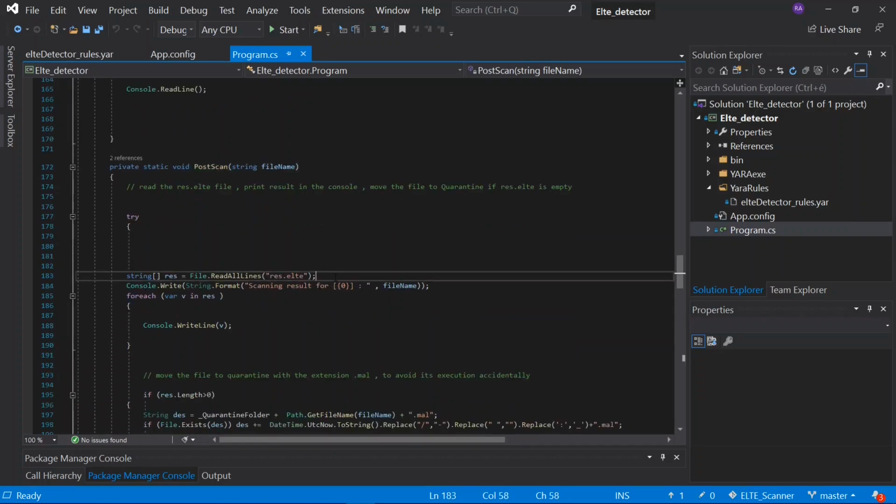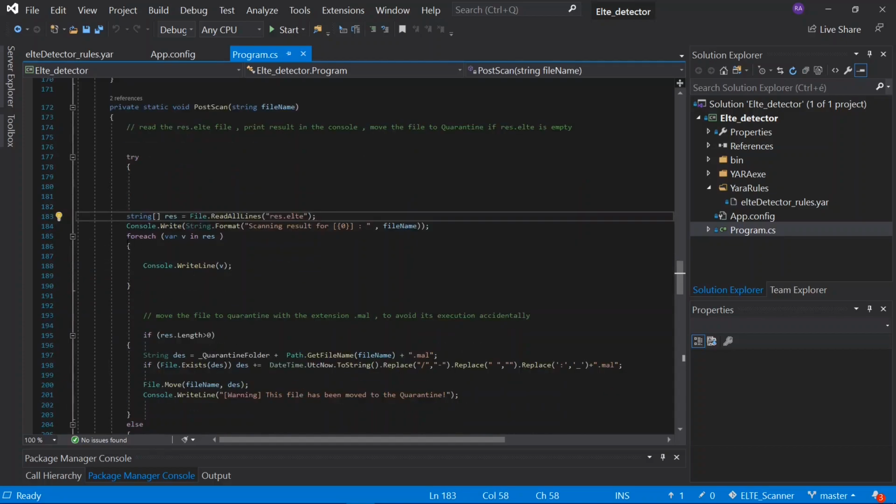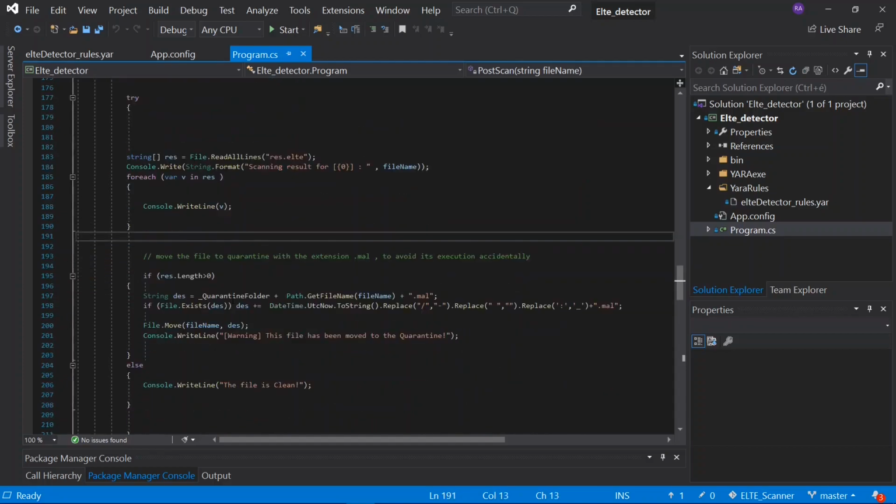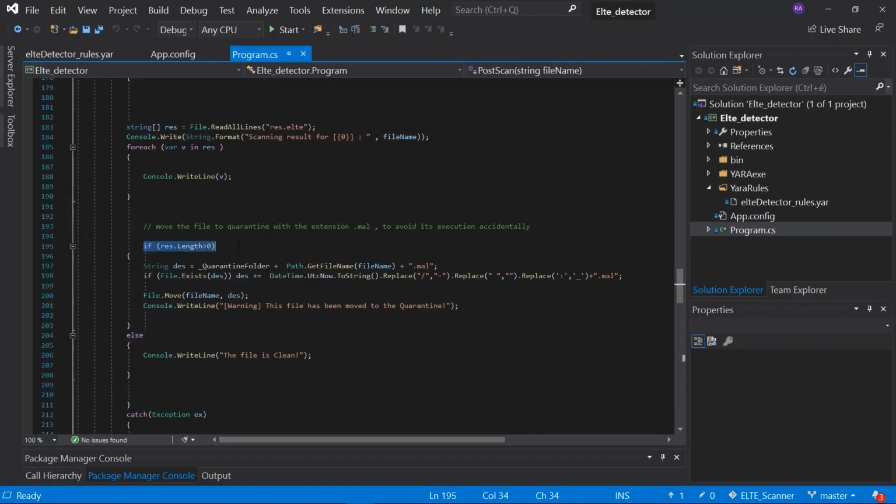What we are doing here is reading the file that we created in the previous call, the result.alta, and checking whether this file is empty or not. If it's empty, this means that our file is healthy, it's not malicious. First we are showing all the lines inside, and here we are checking if the file has some content or not. If it's empty, we say that the file is clean. If not,